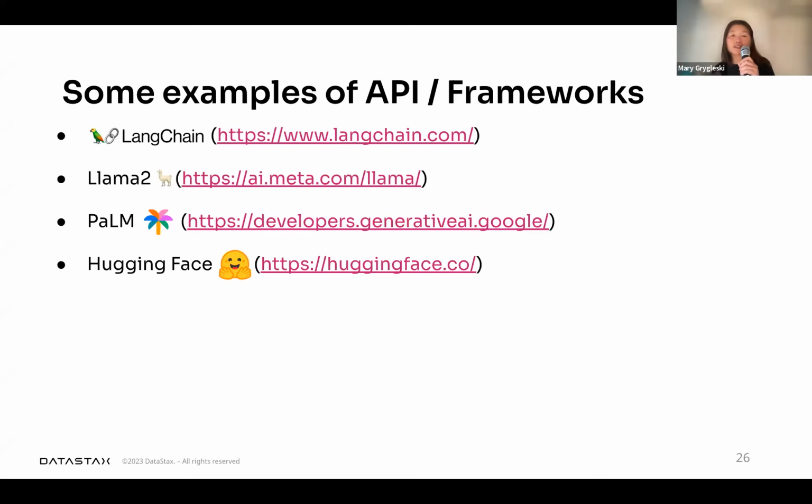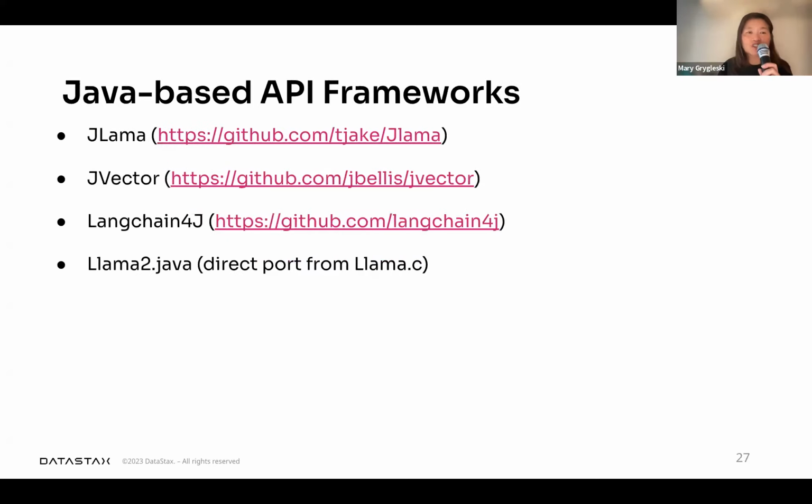And over here are some examples of popular APIs that you can use to work with them, because sometimes you need to define templates or some kind of interface between all of these things. For example, these are popular libraries like LangChain and Llama 2. LangChain is JavaScript and Python, but there are also different ports. Llama 2 is from Meta, or Facebook. Then there's PaLM from Google, which works with its Vertex AI API as well. And then Hugging Face too. I think most folks are familiar with these. Just wanted to point them out.